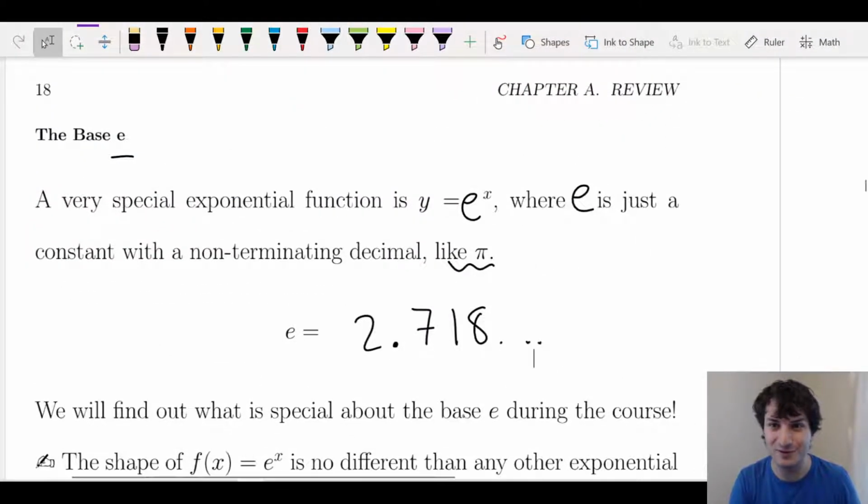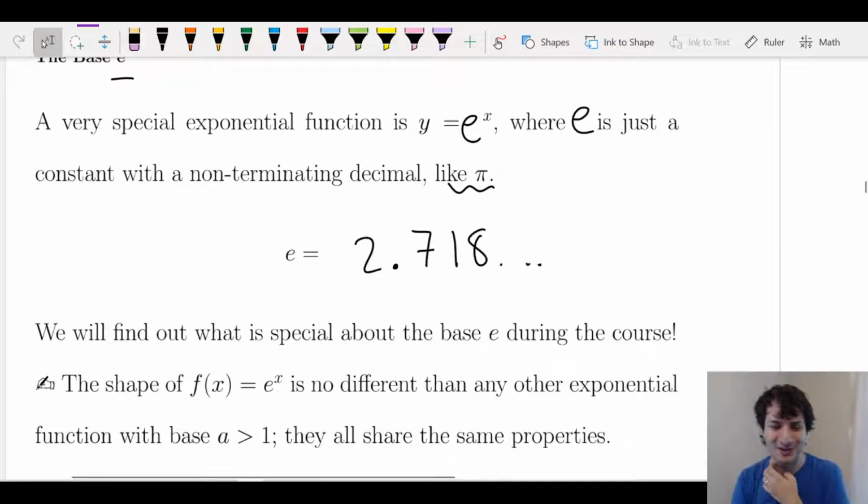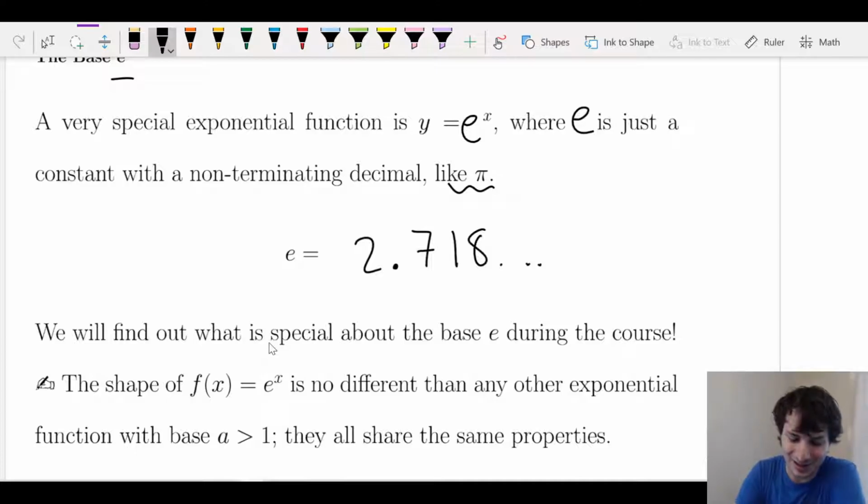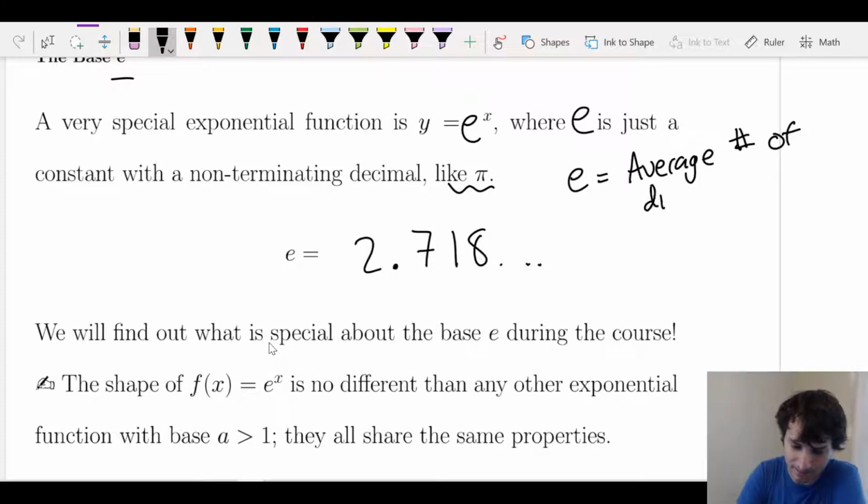So here's my favorite fun fact about e. All right, maybe this is a little bit out of the way. So if you're sick of fun facts and you just want to learn the review stuff you have to learn, and you don't want any fun facts, here's my fun fact about e. e is the average number of dice rolls you need